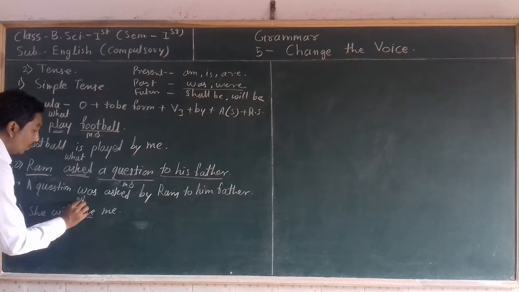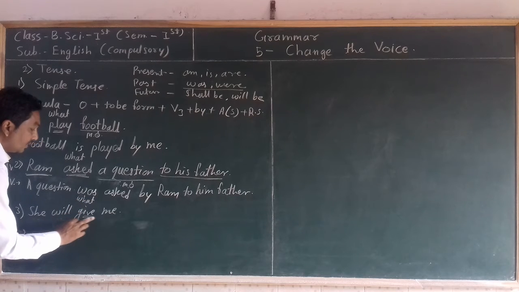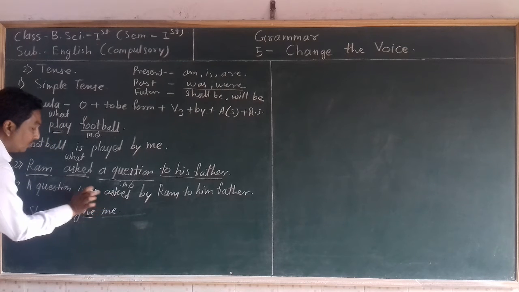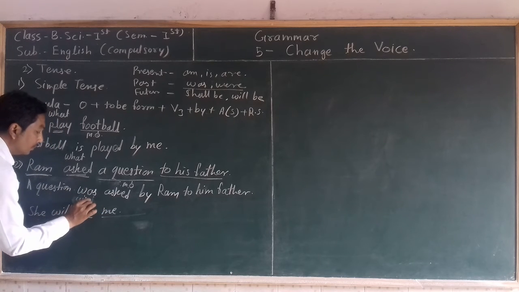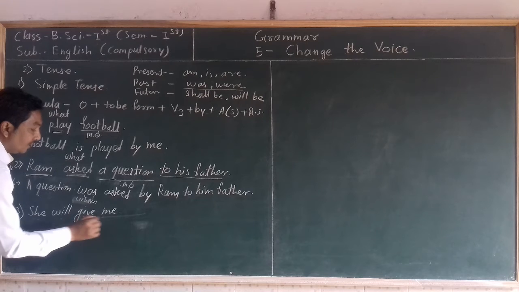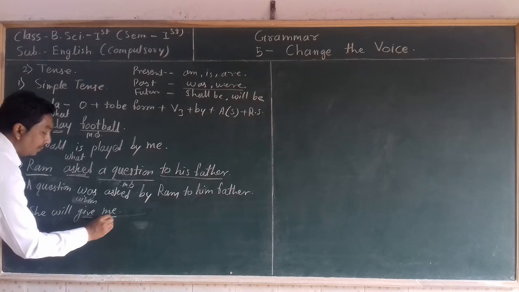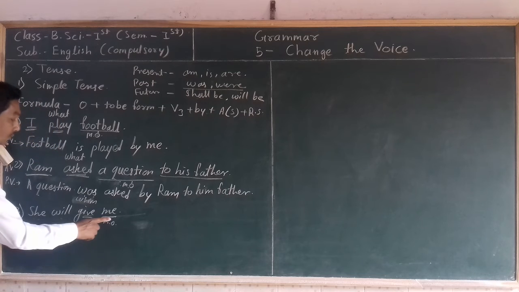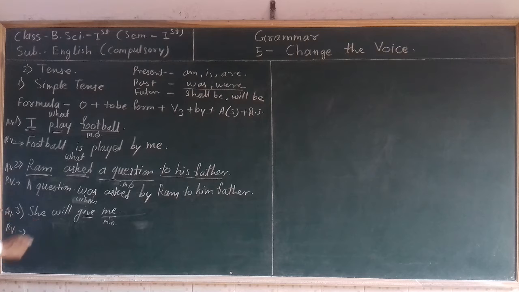Ask the first question, what? What is giving? We cannot get any answer here. Then ask the question by the word whom. Whom is giving? Then we get the answer, me. This is the main object we have got. So the object of active voice becomes the subject of passive voice.